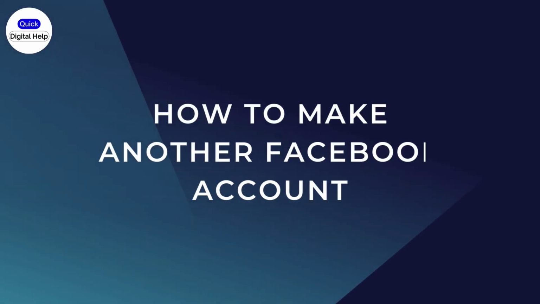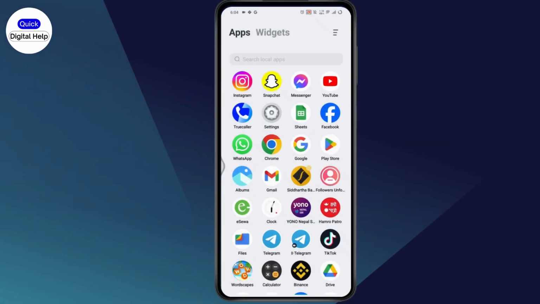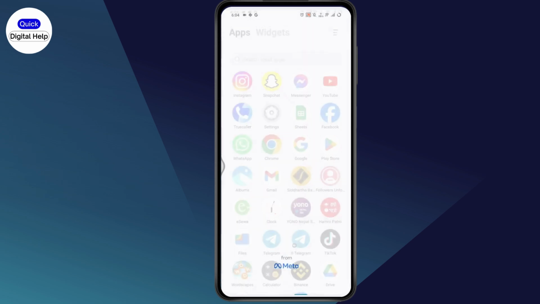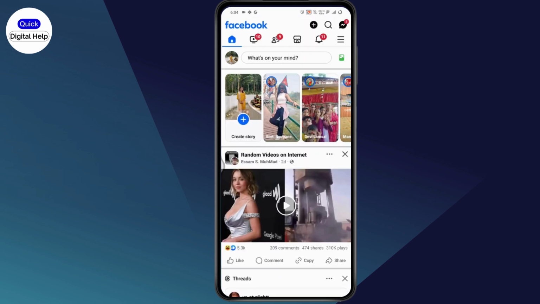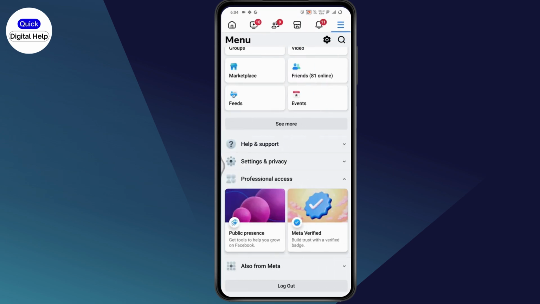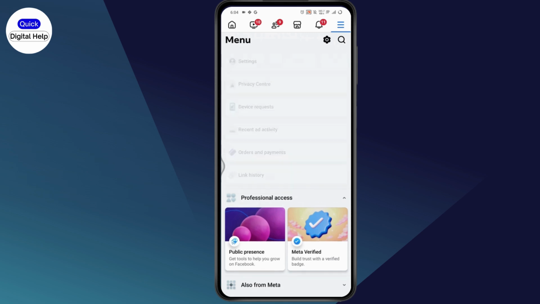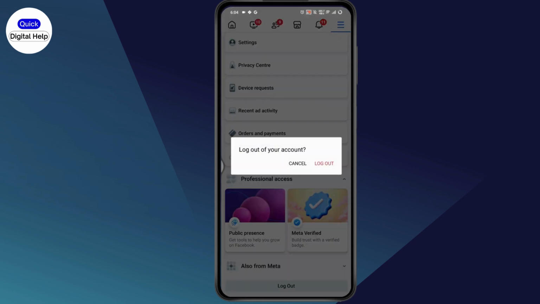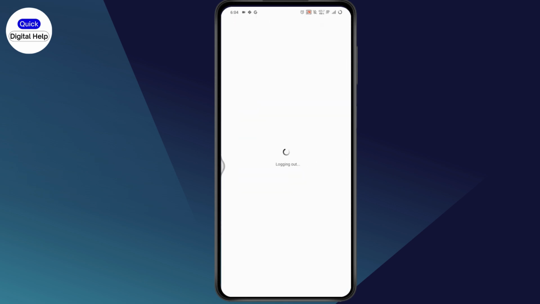How to make another Facebook account. So if you want to make another Facebook account, then first open up your Facebook application. Once you open up your Facebook, go with the upper right, which has that 3-bar icon. Scroll down, go with settings and privacy, and tap on logout, which is on the bottom of your screen, and